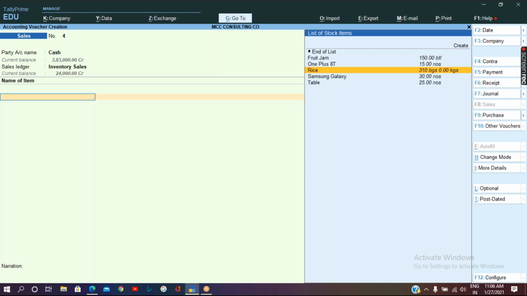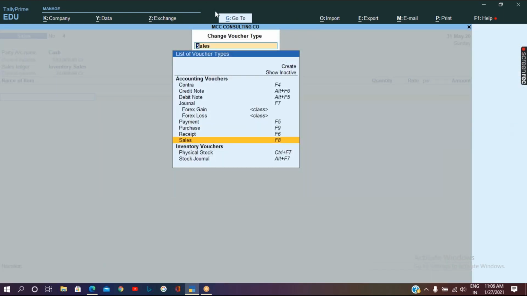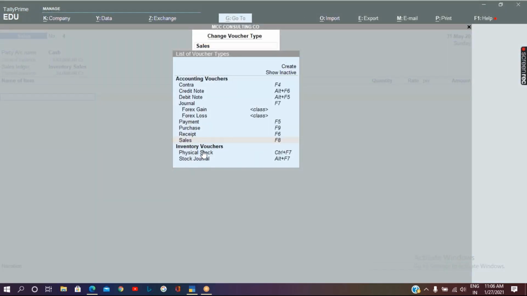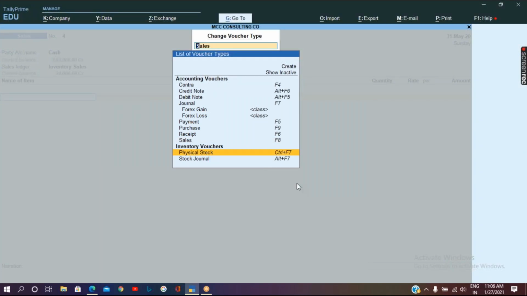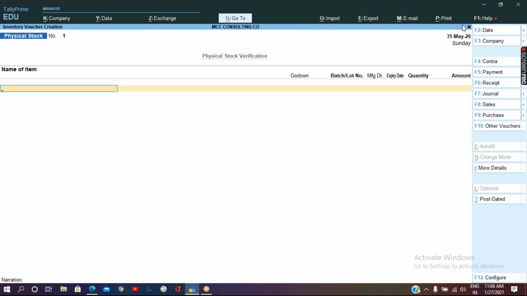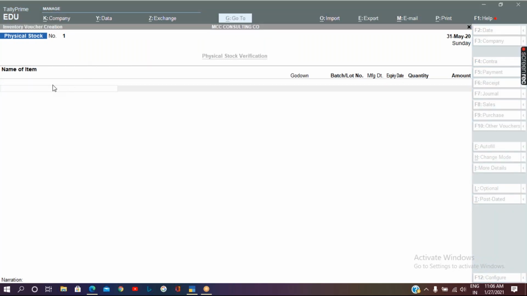See, when the goods have been physically moved from one place to another place, then it is okay. But here we found out that 5 bags have been stolen. So I want to make an adjustment of only the quantity. So instead of passing the stock journal voucher type for a stock adjustment, we will pass another voucher type related to inventory. So that is physical stock. Control F7. So I can go to the physical stock entry and pass a transaction